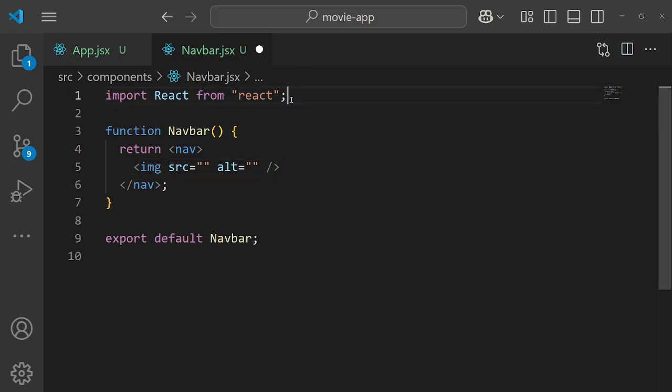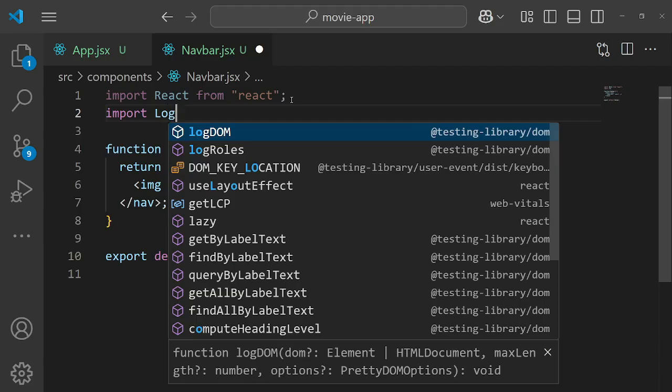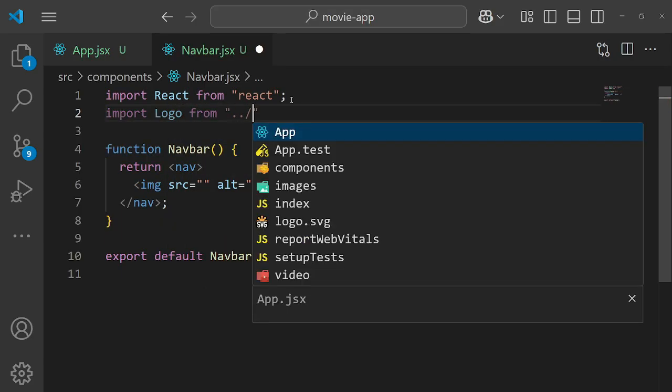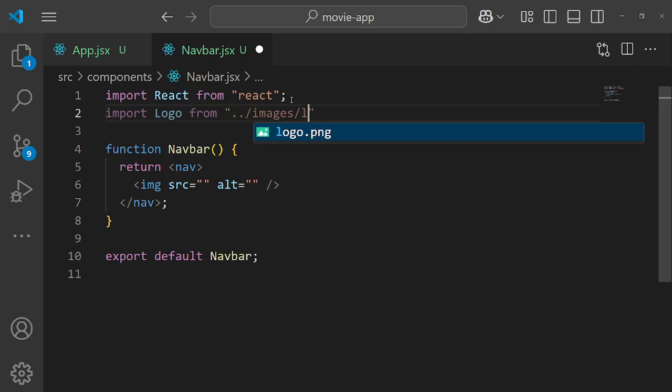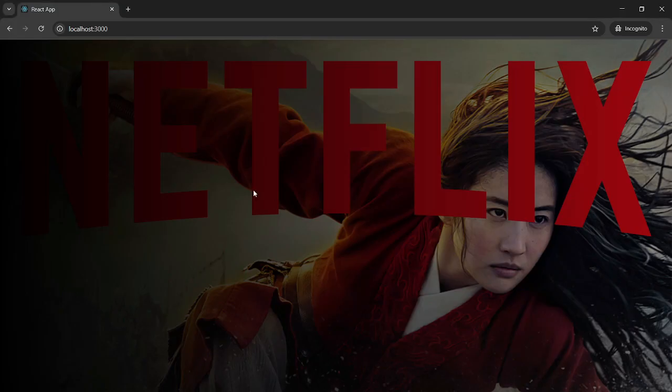So let's import our logo image in the top. So for that need to write import logo from ../images/logo.png. So let's copy this logo and use it here. Okay, and the alternate text also logo. So save it and check it in the browser. So here it is. But you can observe here our overlay effect is in the top and below our logo